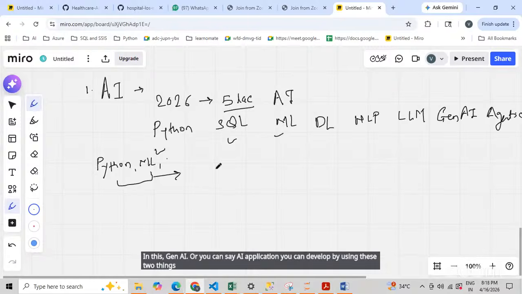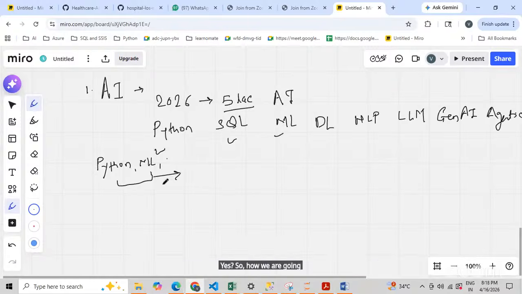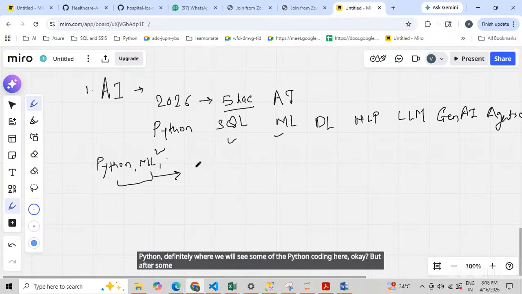Yes. So how are we going to go for it? See, Python, definitely we will see some of the Python coding here, but after some time, might be tomorrow. Today we will go for some of the introductory part. So now the first thing,